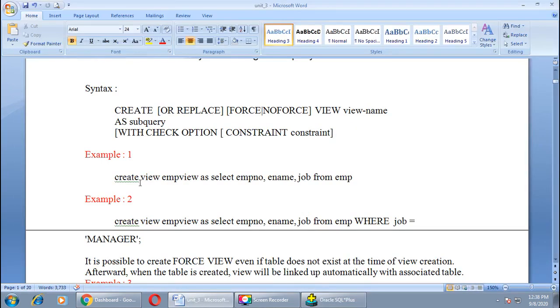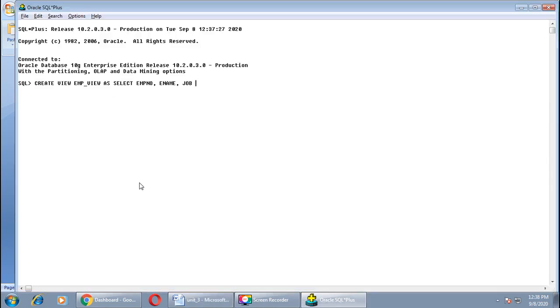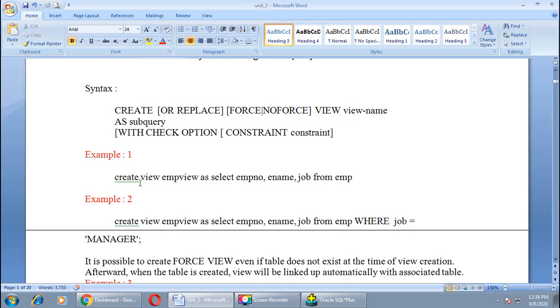From which table you want to see this data? From EMP, right, and semicolon, then press enter. View is created. We got the message, view created. That means view is created. Okay, now